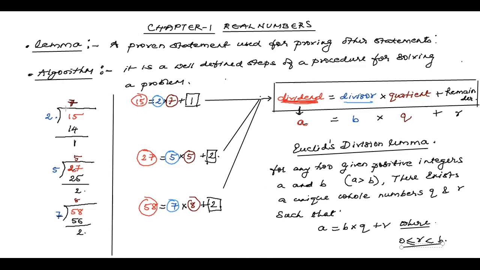Got it? So the second, what I'm going to tell you is about an algorithm. जैसे इधर यूक्लिड्स डिविजन लेमा सीखे आप, अभी एक algorithm बताने वाला हूं. ओके, algorithm क्या है बेटा? वेल डिफाइंड स्टेप्स ऑफ प्रोसीजर. एक प्रोसीजर तो रहता ही है, लेकिन उसको हम लोग ने स्टेप बाय स्टेप कर दिया, तो वेल डिफाइंड स्टेप हो गया प्रोसीजर का फॉर सॉल्विंग अ प्रॉब्लम. उसको बोलते हैं algorithm. तो हम लोग एक algorithm पढ़ने वाले, और दैट algorithm का नाम है,